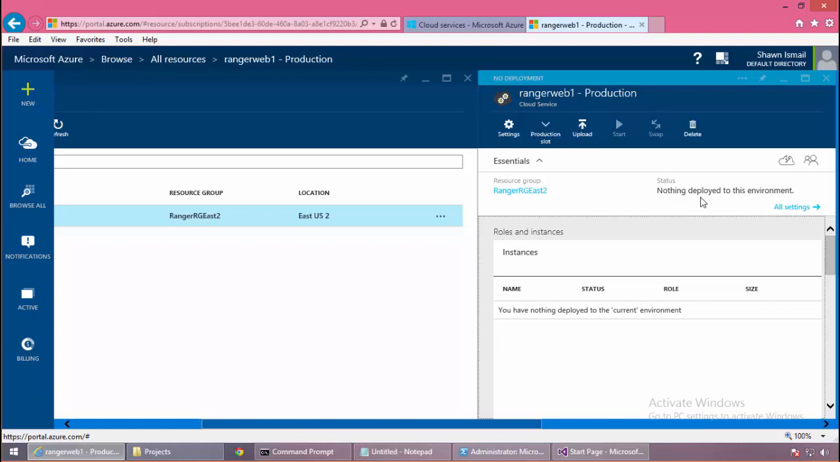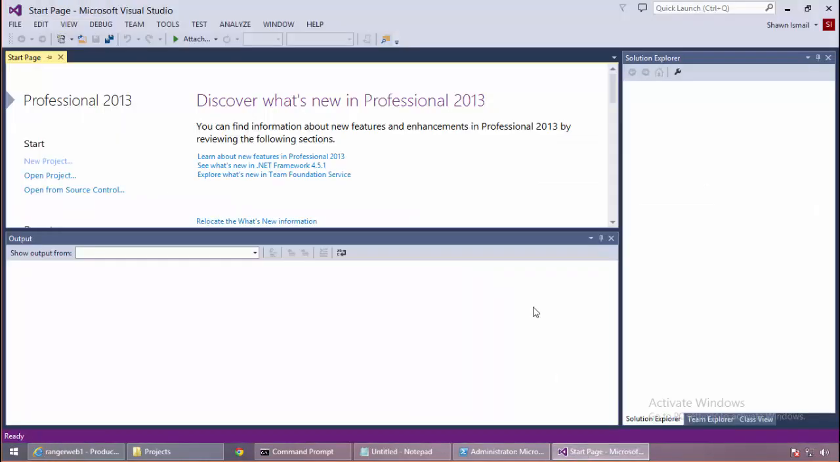And it will tell you that nothing deployed to this environment. So it's basically telling you that there is a cloud service that's created, but nothing has been deployed. So we know that before you deploy anything to a cloud service in Microsoft Azure, it must be packaged, right? So let's go ahead and talk about all that in Visual Studio, because Visual Studio is what we are